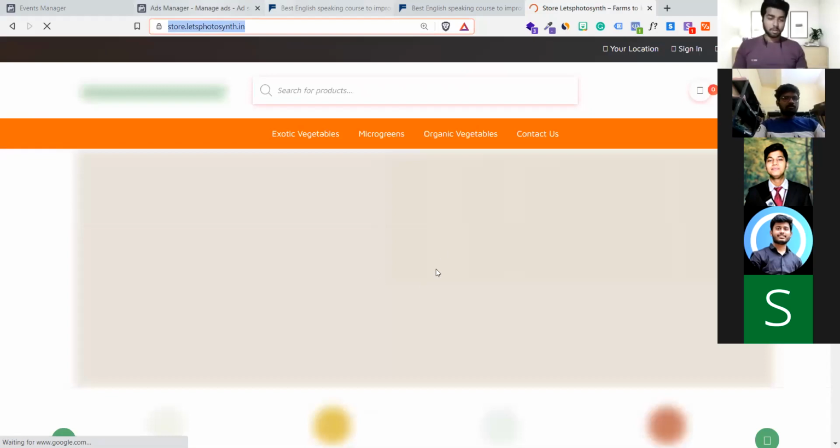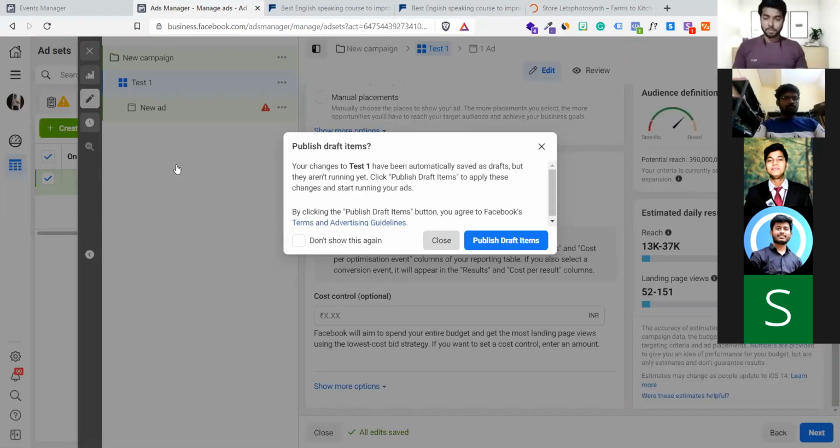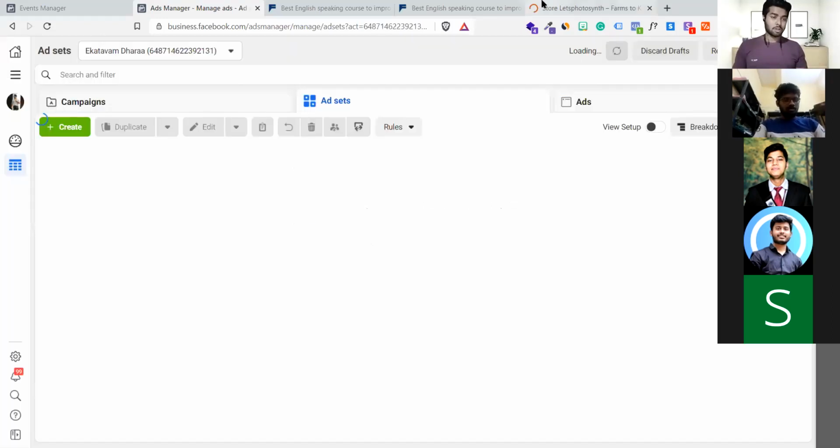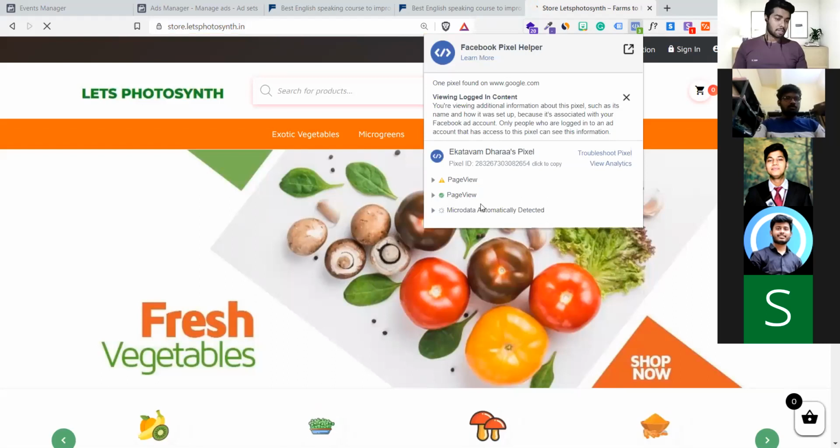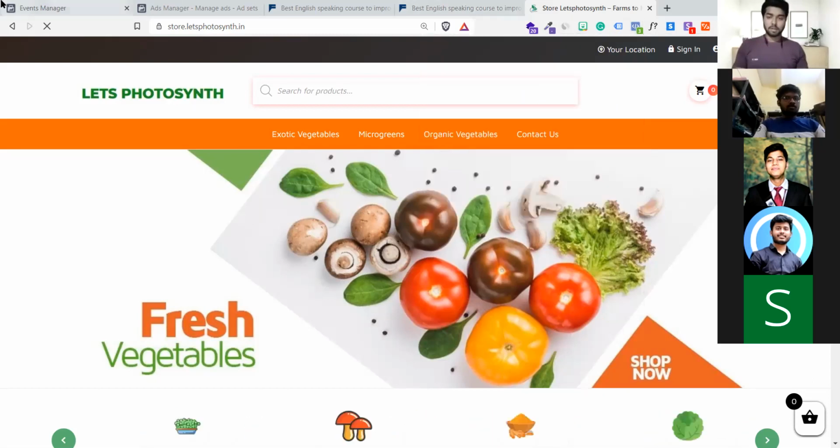This is one more example for you. I'm going to go to another ads manager, and this ads manager is totally running. So you can see, guys, Pixel is ready now. It's showing 1. It means the Pixel is here. Pixel is counting data. Getting it? Yes. Pixel counting data. Right.